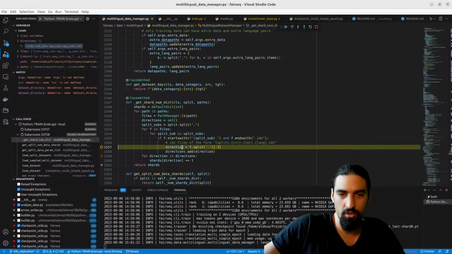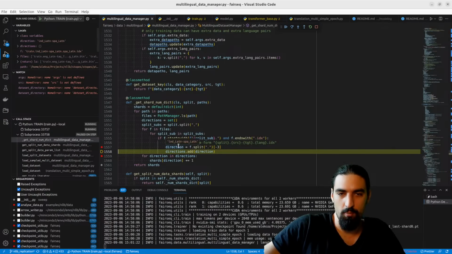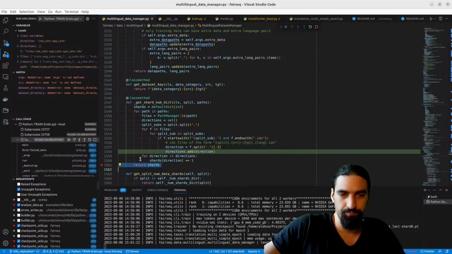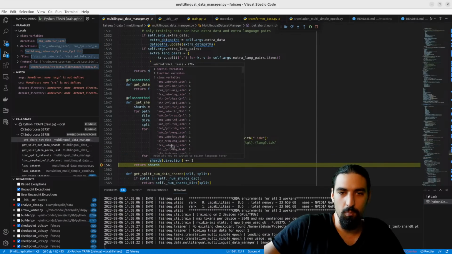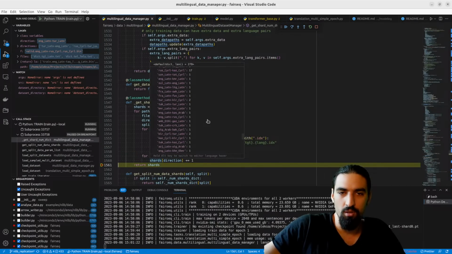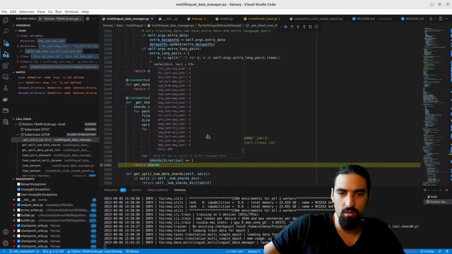Okay, so direction. We just grab all directions. Let's go back here. So we end up with shards looking something like this. 1728. So English Latin, Turkish Latin is 28.